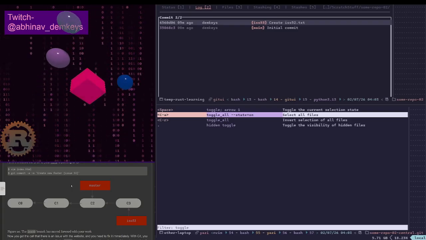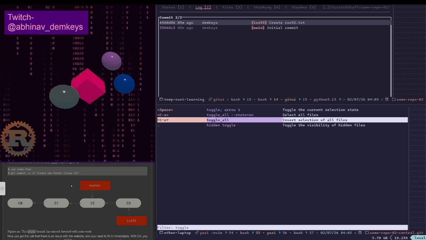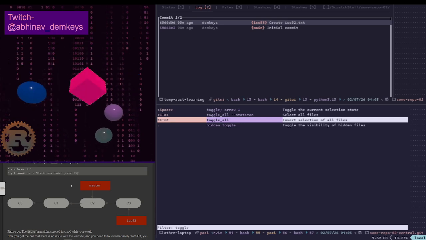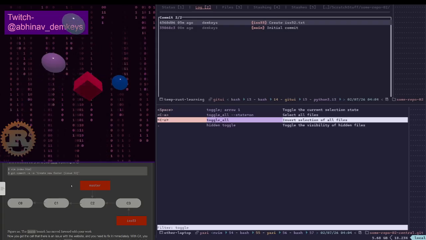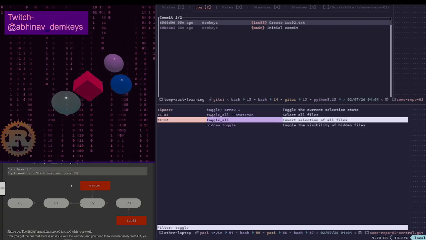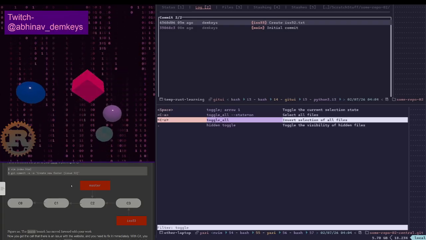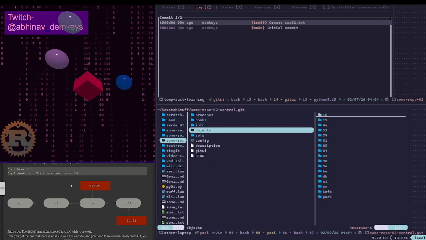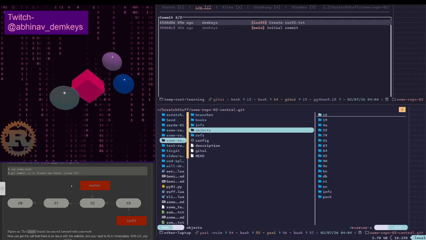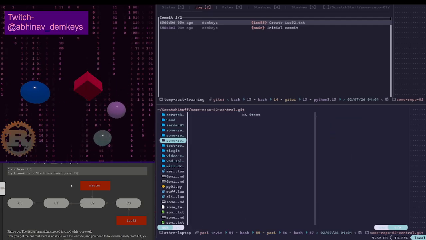And then you have Control R, which just toggles them from whatever their current state is to the opposite state. So it just inverts the toggle. Meaning, if nothing is selected and you try to toggle it, then all of them get selected. Okay, anyways, that was a long tangent.